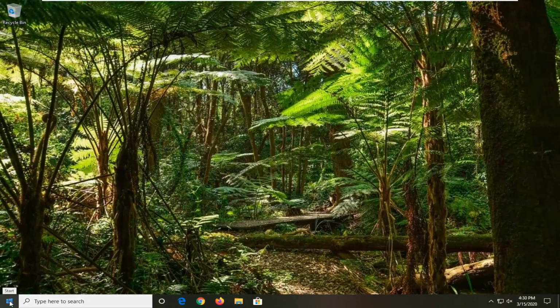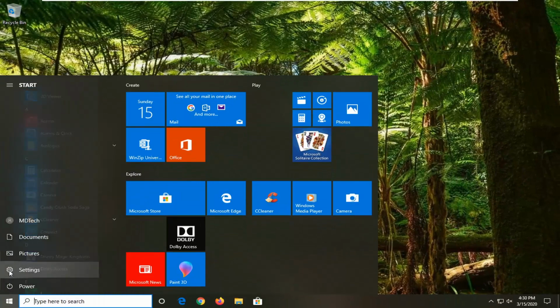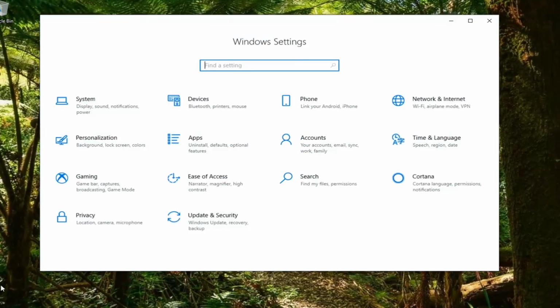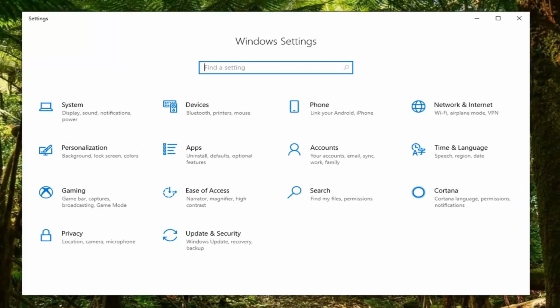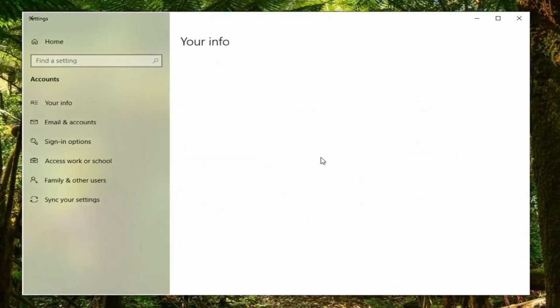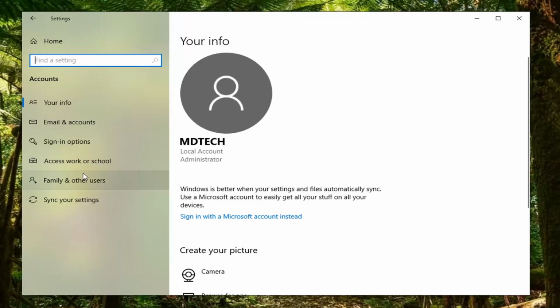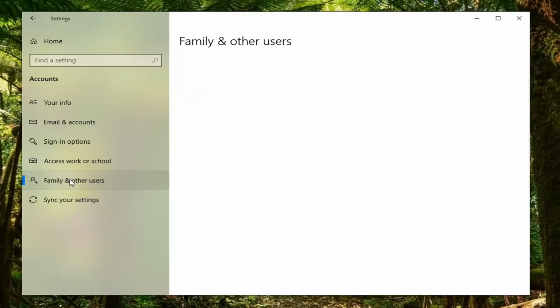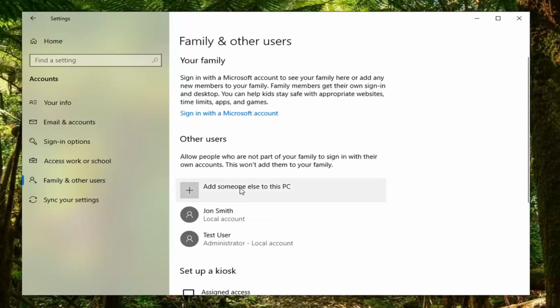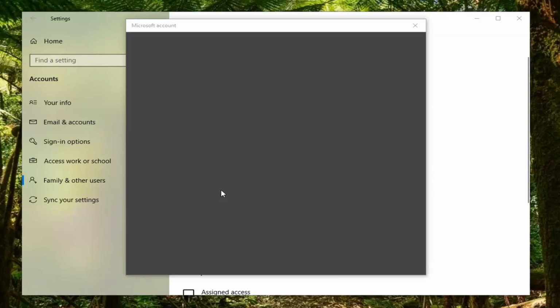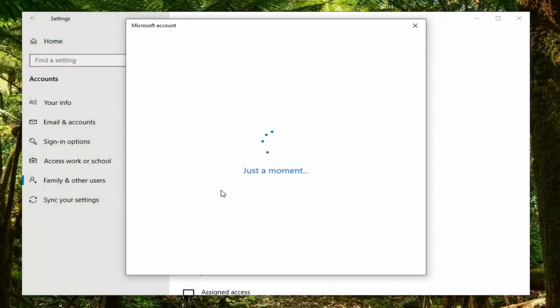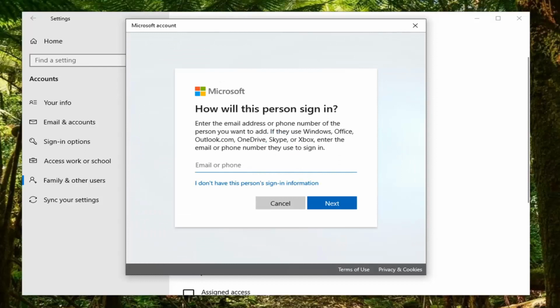So the next option, so the way that Microsoft and Windows probably wants you to do it, would be to open up the start menu, select the settings gear icon, so open up settings, select the accounts tile, select family and other users on the left side, select add someone else to this PC, and they are going to really push this Microsoft account on you,